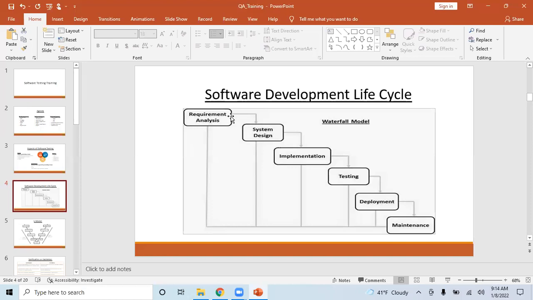Once you have those high level requirements, there is no mandatory rule that everything has to come out fully at the end. I can just say I want this feature with high level requirements, and then these will go to the system design phase. That is where the architects come into the picture.